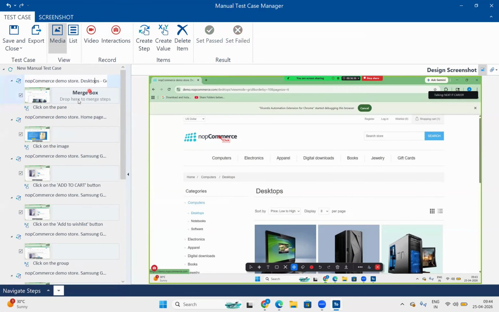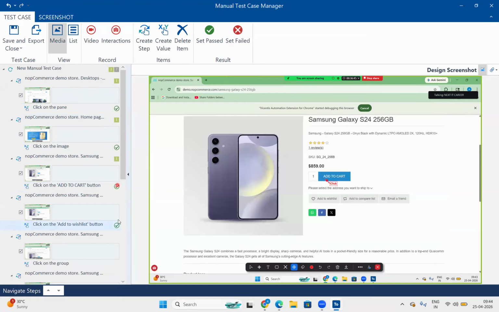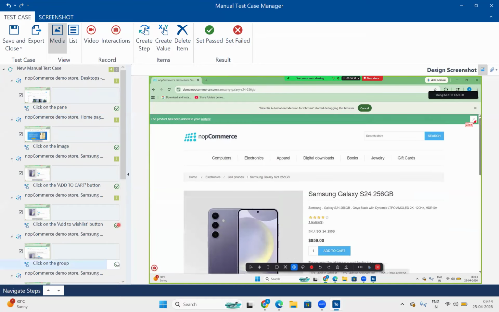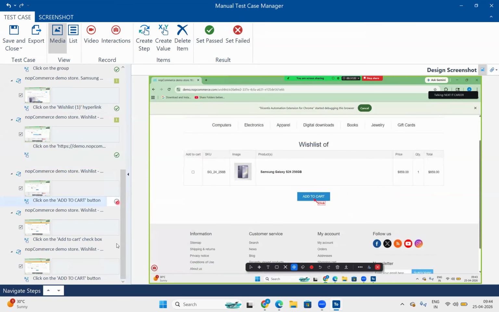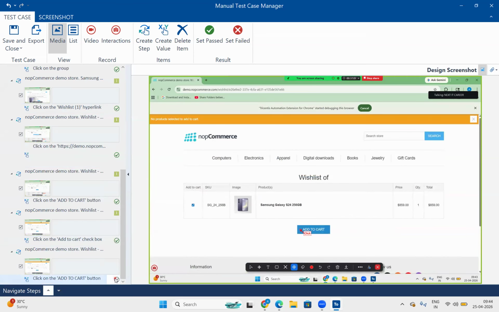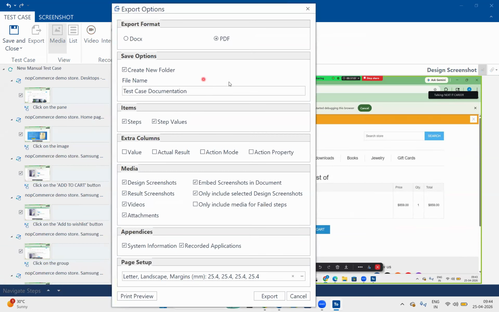So Anusha, then how can we export this one to manual? We have to set the status, team. This manual test step is passed or failed. Right now I'm just setting all these things as passed because there are very few steps only. I just want to show you, okay? Yes, this one. Once you're done here, you can see export format. Tosca provides two types of exports. One is document, another one is PDF.